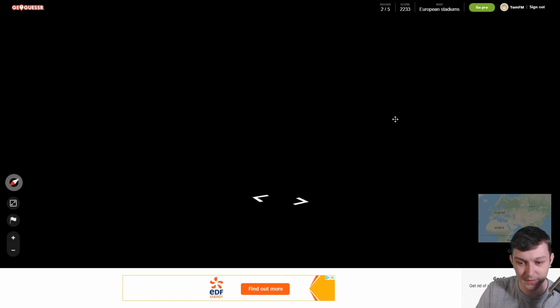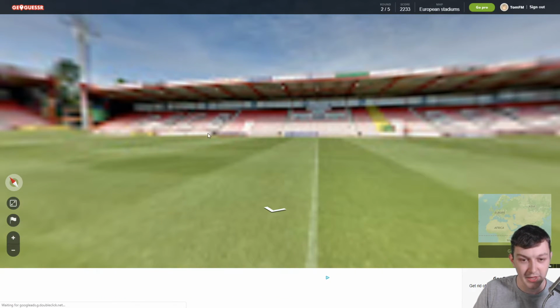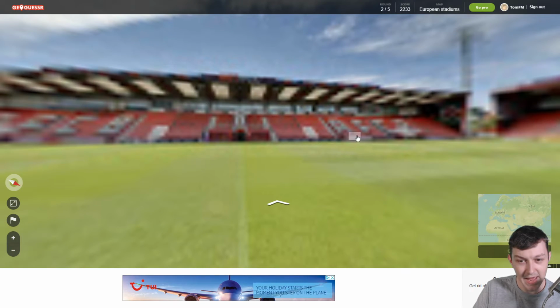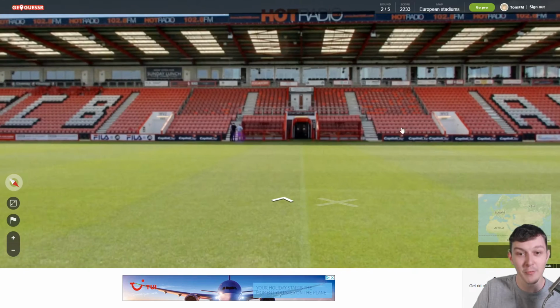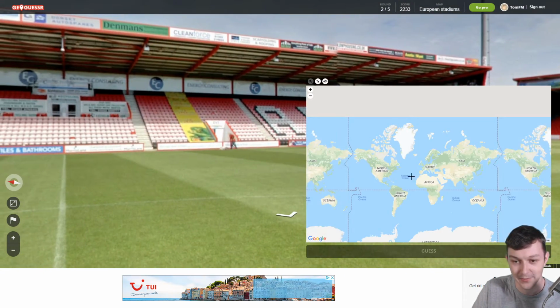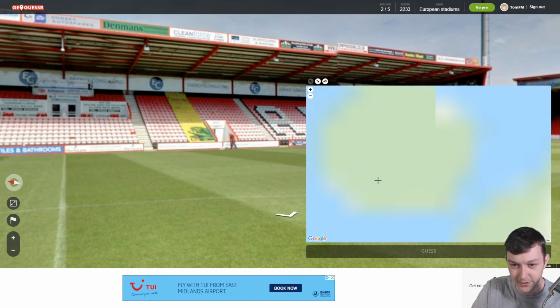Come on then. Is it going to show me anything at all? Okay, it's finally loaded, which is good to see, but it is very blurry. Although, is that an AFCB I can make out there? Oh, when I zoom, it's Bournemouth Stadium. You zoom in and it suddenly all becomes a bit clearer, but this is Bournemouth Stadium, so that's a really easy one. If we just zoom in here